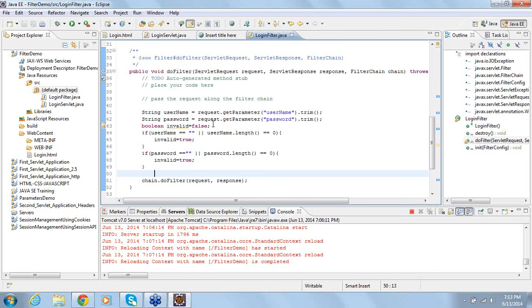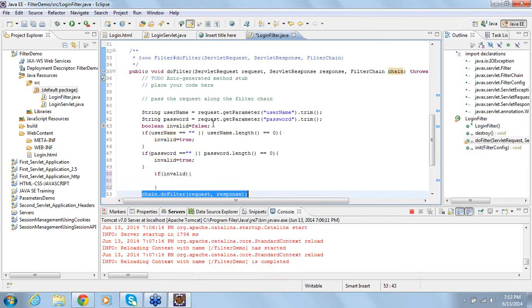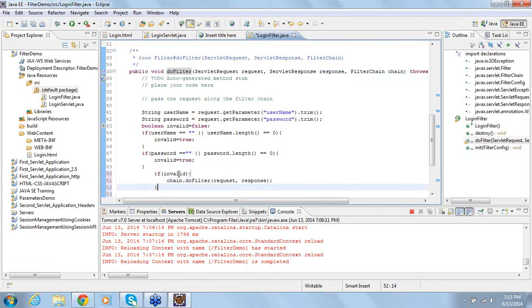Then you say what? If invalid is not true, then I forward the request to the servlet. How? With the help of filter chain. This is the doFilter method. It is taking parameters request, response, and filter chain. Oh, sorry. If it is invalid,